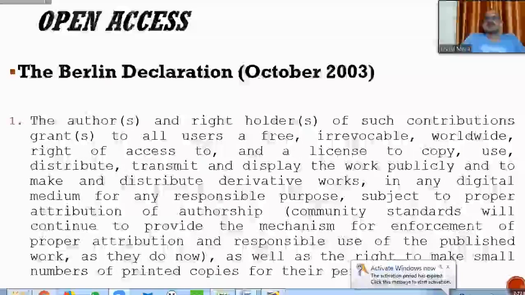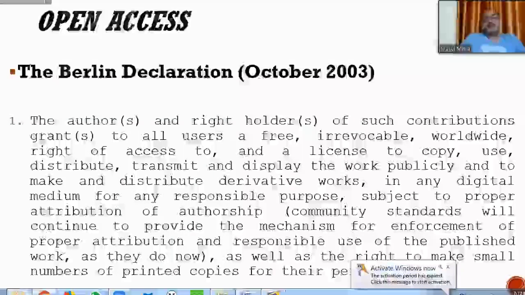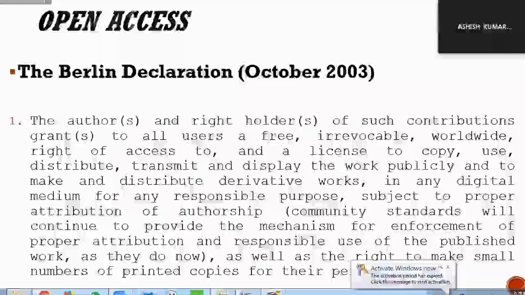as they do now, as well as the right to make small numbers of print copies for their personal use. So the only thing they try to do is add a point. They try to say, free doesn't mean you start assuming it's yours. So the person who actually developed it, the author of that work, not only author actually, the person who did that work, must be given the right kind of recognition. So this point is that, and the second,